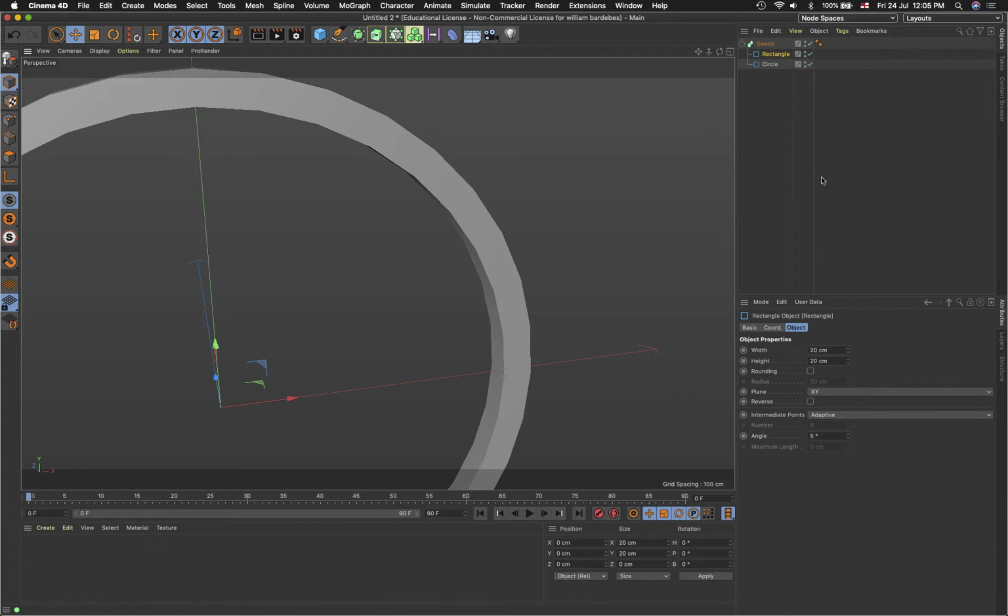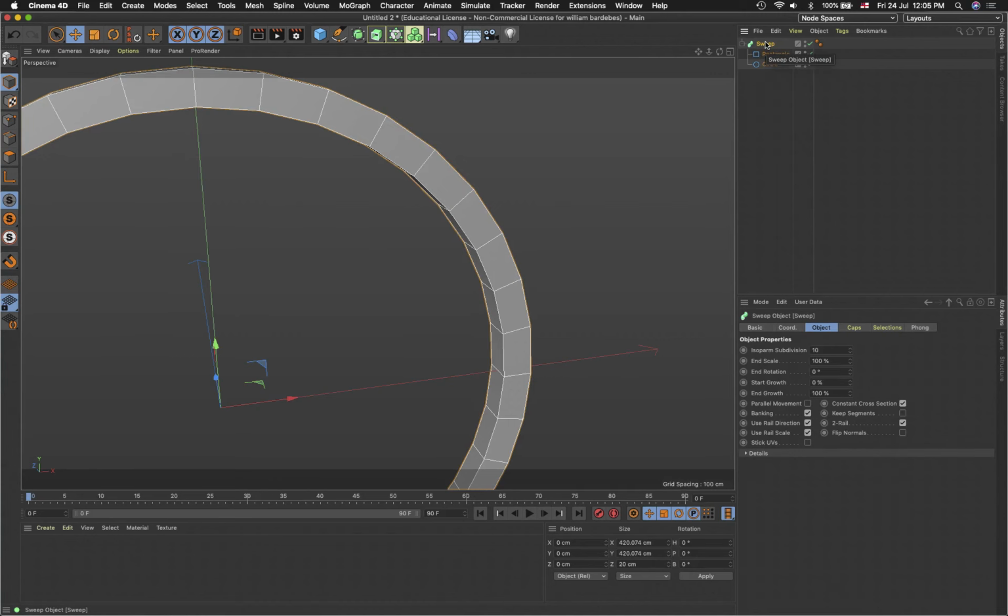Now, there's another way that I could have done it. I could have made a pipe and then just extruded that out, but the trick is I'm using a sweep